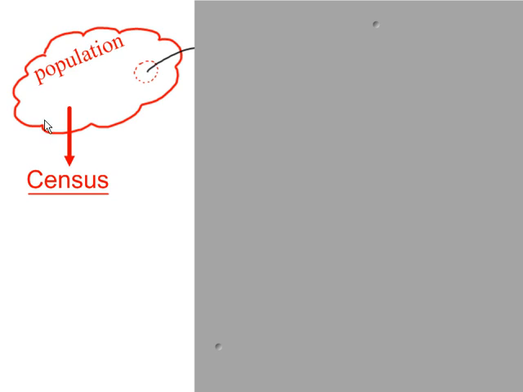Let's say that you have your population here, and you take all of the data from the population and you analyze it. This is called a census. Now, if the population is small, then doing a census could be quite easy, quite a practical way of doing things. If the population is really large, for example, the population of all the people in the UK, which is done